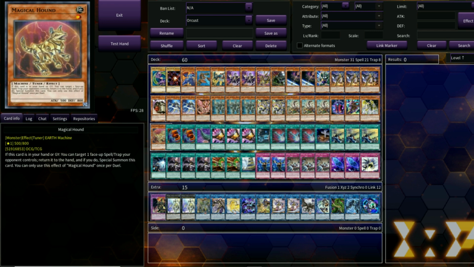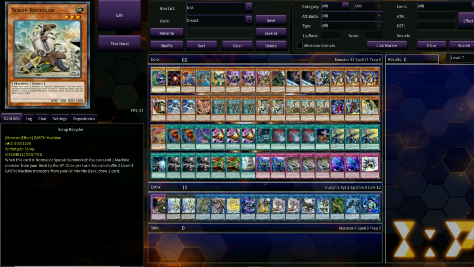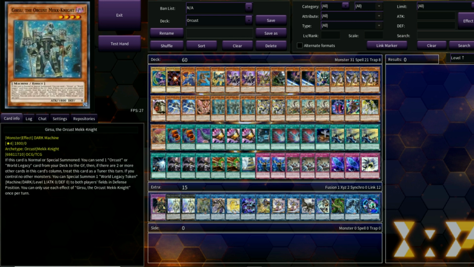Magical Hound is a very nice card for this deck, since it can also be used to bounce the extra deck clock. You can use your Magical Hound from the graveyard or from your hand. You can target 1 face-up spell or trap and return it to the hand. So it's pretty nice. And then the next best card after the Scrap Recycler is going to be your Orcust